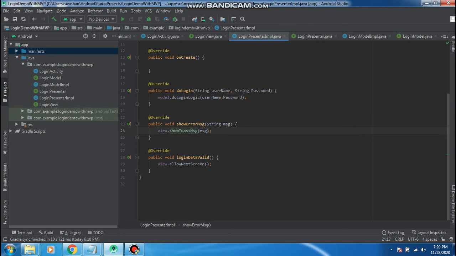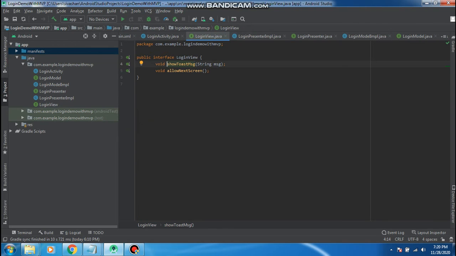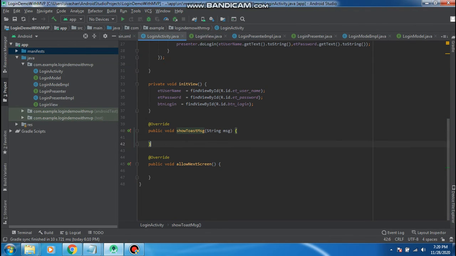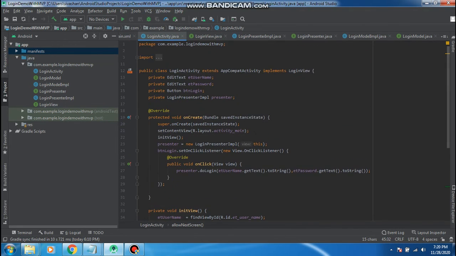I earlier explained the presenter is an intermediate between login view and model. Here, show toast. If it was a failure, show toast message. If it's a success, allow to the next screen or whatever is convenient.